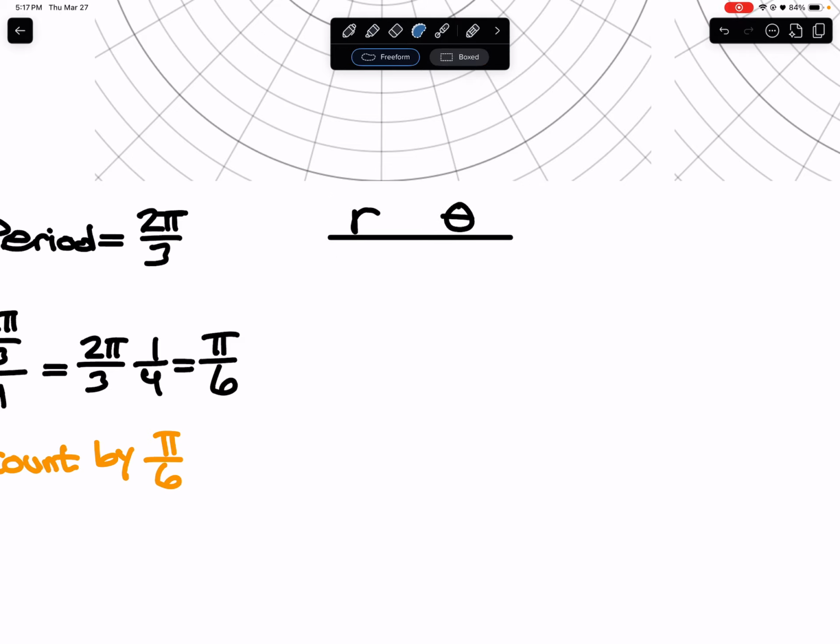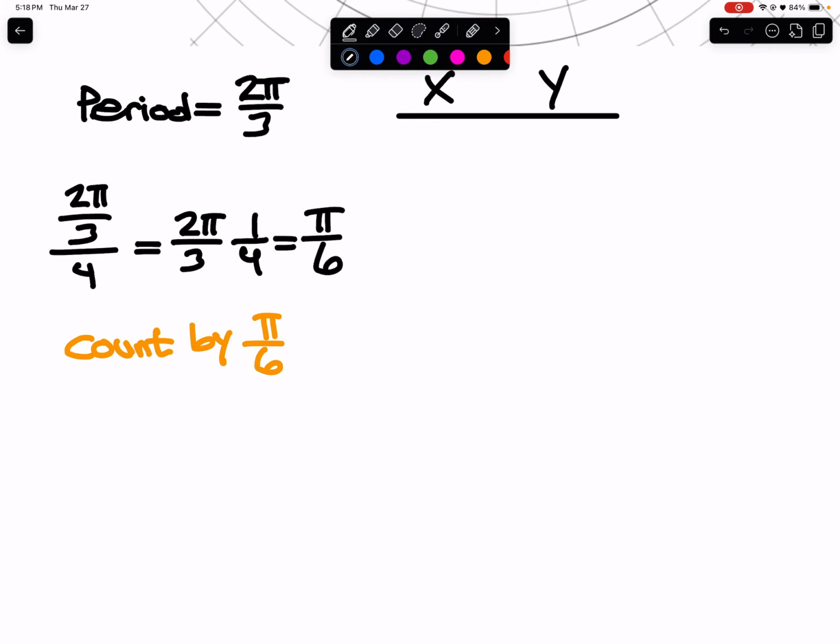Let's bring it over here. Or shoot, sorry, that should not be an r theta. It should be an xy table actually, because I'm going to do it rectangularly first, and then I'll convert it to polar. So I'm going to count by pi over 6, so I'm going to have 0, 1 pi over